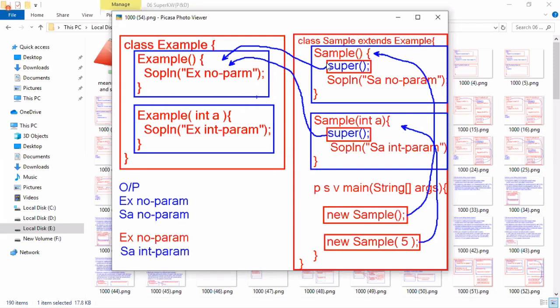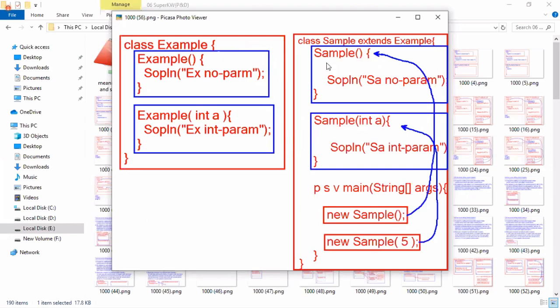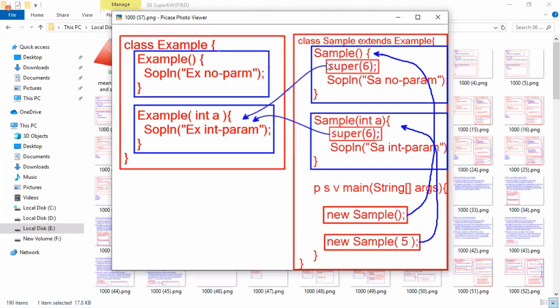Example no param, sample no param, example no param, sample int param. Now execute the no param constructor from no param, the int param constructor from int param. Then in the int param constructor, you should write super of 6. Execute no param to int param to no param. You have to call super of 6 in the no param constructor.